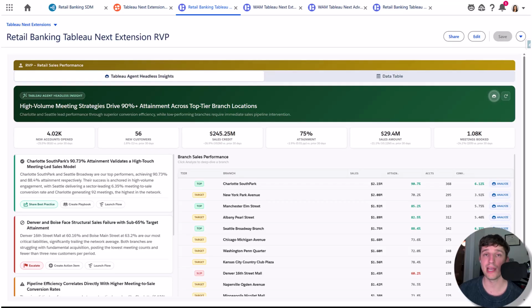Let's keep in mind as we look at this example dashboard that it is really a mock scenario that my colleague Jeff and I came up with. But if you think about retail banking analysis in a different way, I'd love to hear from you in the comments. With that though, let's think about as an RVP, I log into here